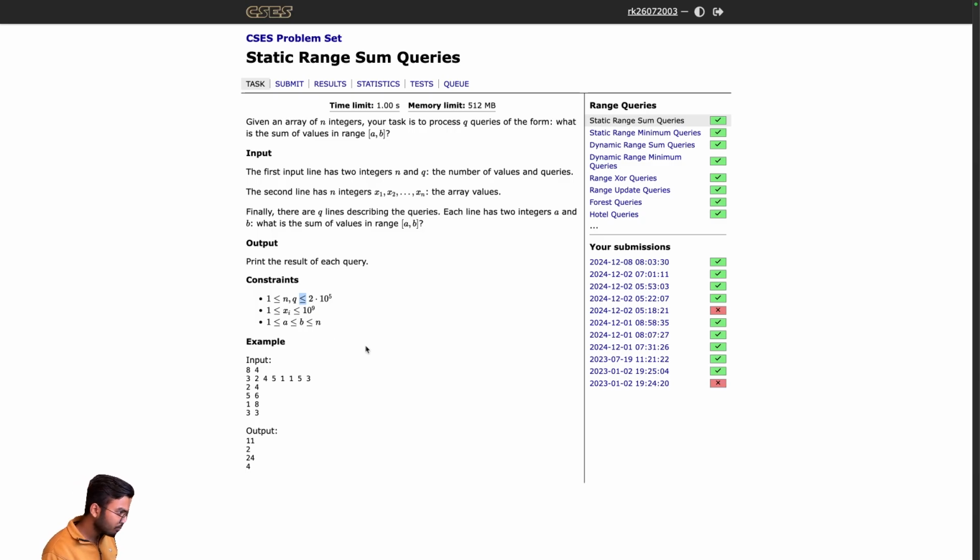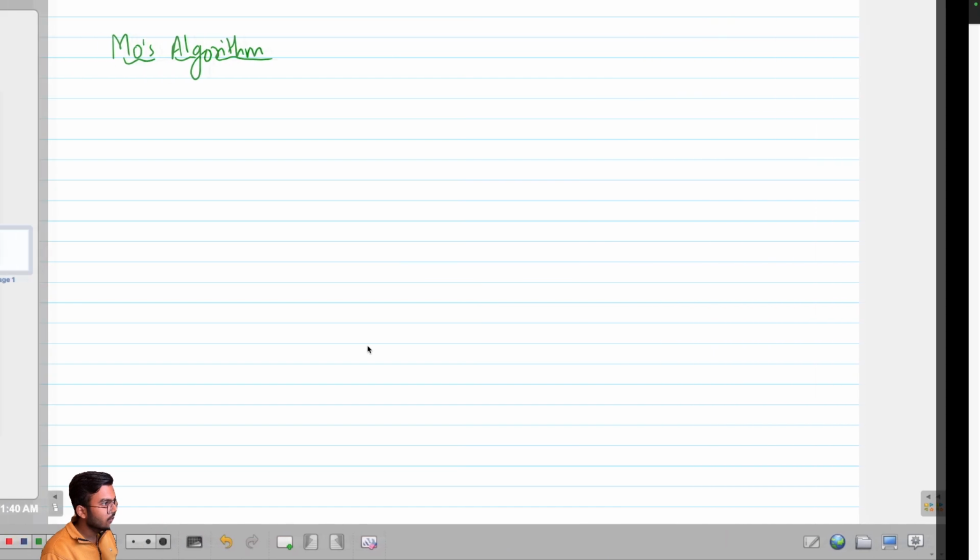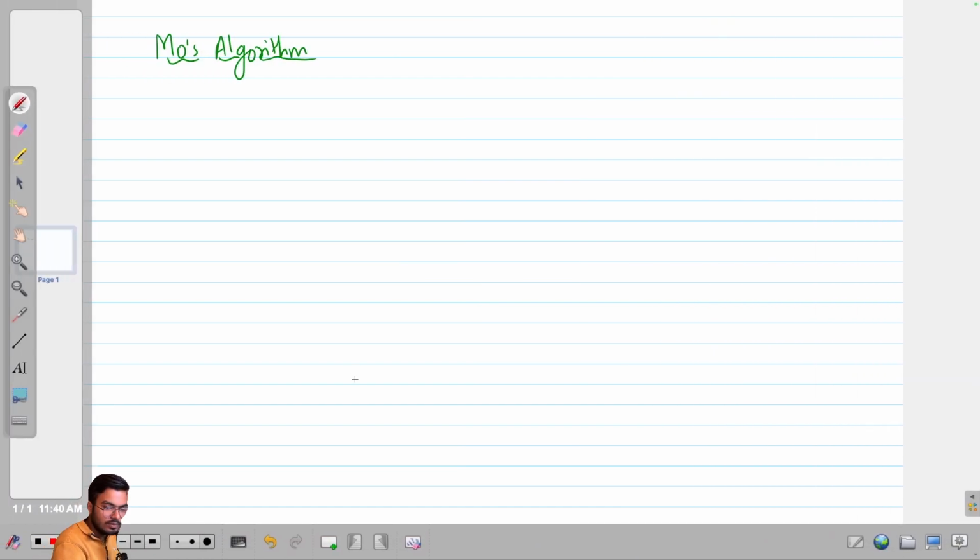Okay, so let's first discuss what is Mo's algorithm. In this case, what do we have? We have some L to R queries, like what is the sum in the range L to R, right? So what Mo's algorithm says is that we can first store the queries in the LR fashion, an array of L to R, like L1 R1, L2 R2,